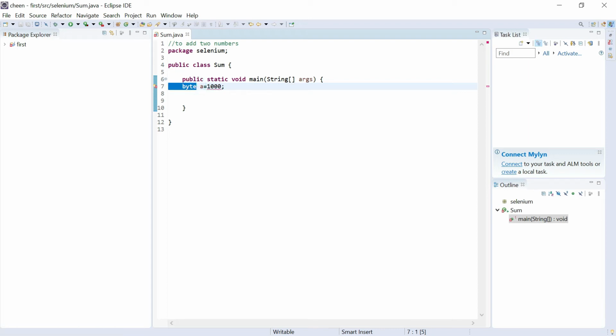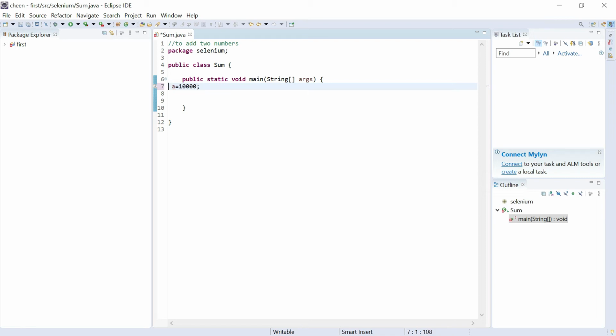Let's try it with short. Look at this. As soon as I've written short here, this error disappeared because short can hold 16-bit of data. That means it can hold 5 numbers. If I'm storing more than that, it's going to give me error message. So guys, that is the meaning when I'm saying it can hold 8-bit and 16-bit. That means it is restricted to handle a particular amount of data. If you are passing more than that, it will give you error.